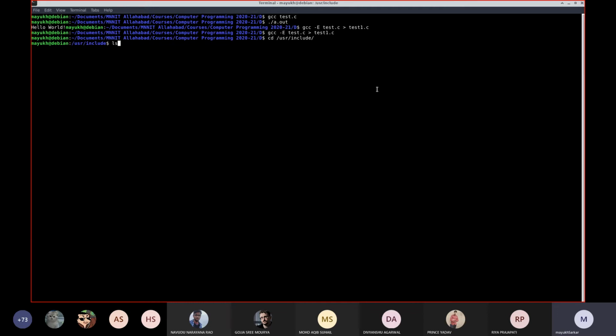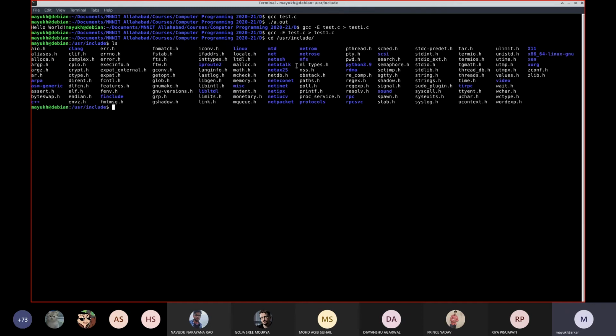If you do an ls, I think you have seen these commands ls and cd from your Linux labs, you should find, yes, this is here, the stdio.h. So the content of stdio.h from /usr/include gets loaded at that place. And if you want to see this file, you can see it as well.